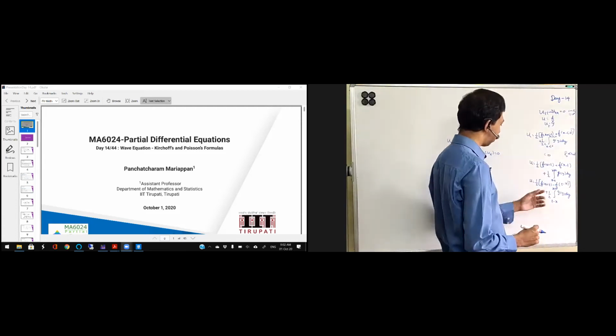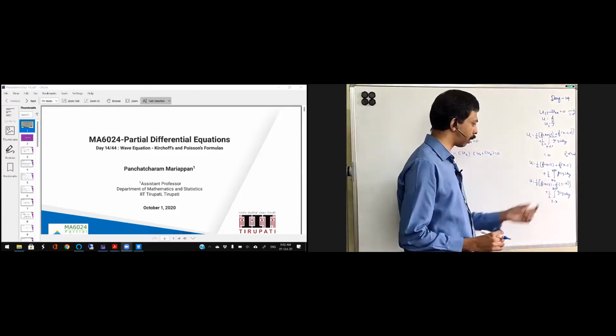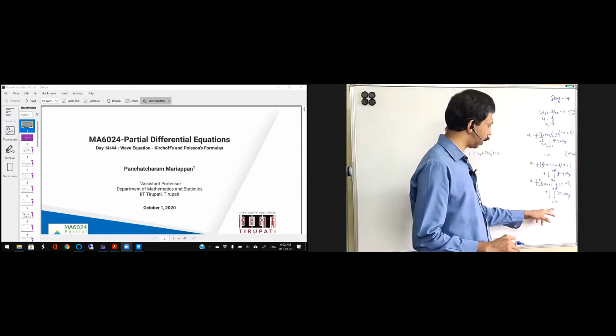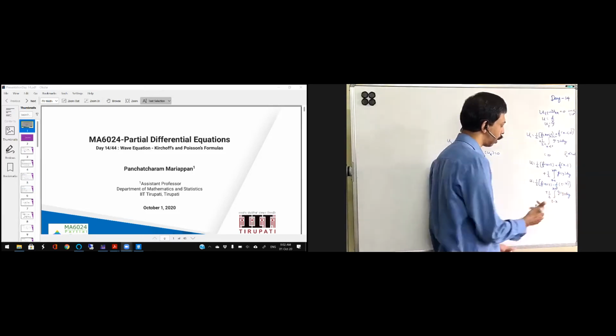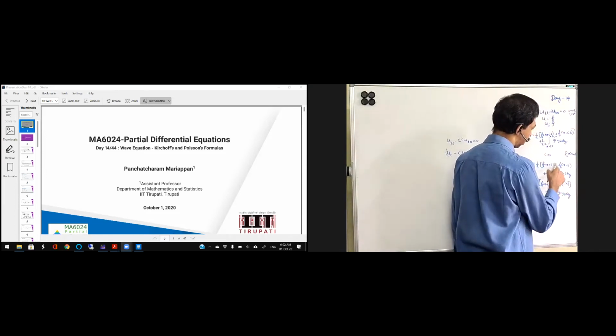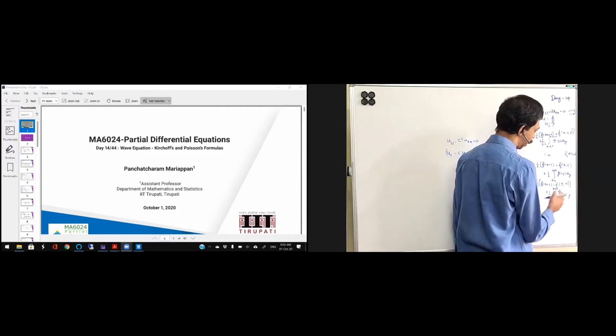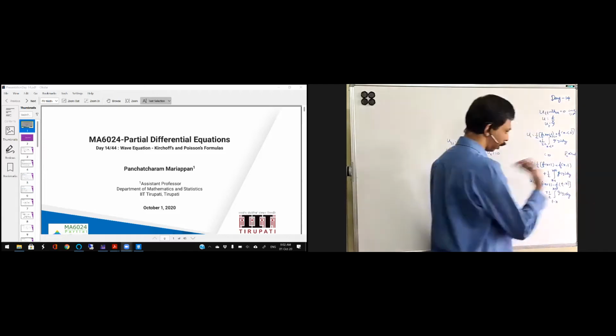Whereas in the left half, you will get u is equal to 1 by 2 f of x plus t minus f of t minus x. So here the minus symbol is there, and t minus x. These are the two changes: minus here instead of plus, and t minus x. And the limit is changing: instead of x minus t, it is going to be t minus x, because it is the left half.